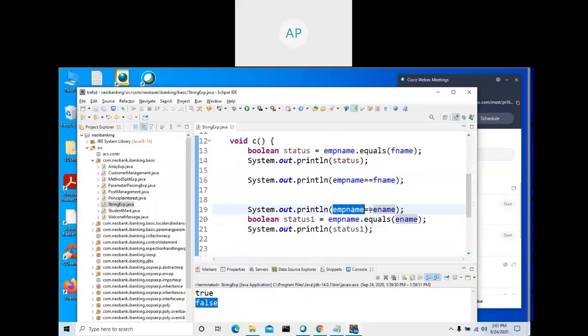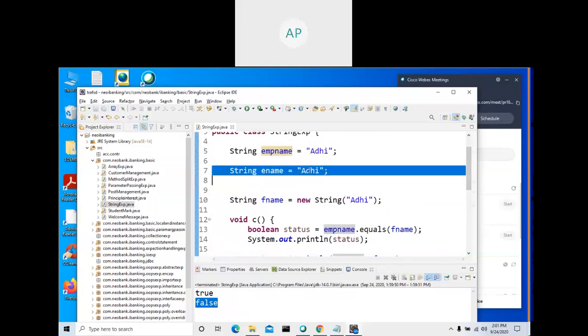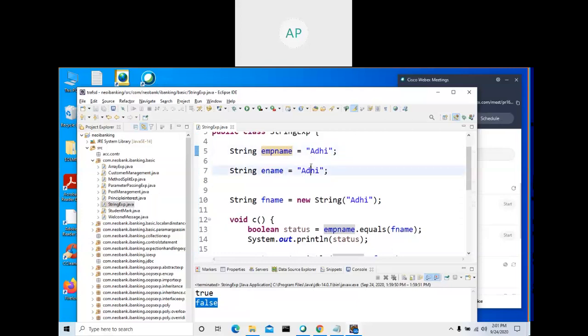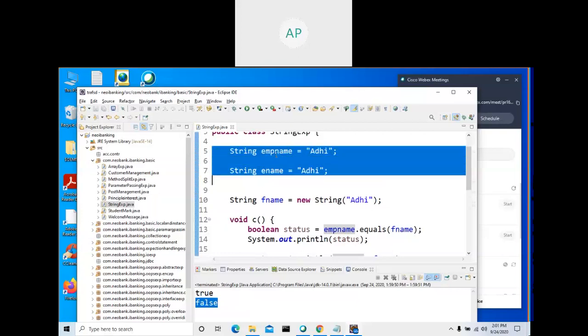Now we are checking whether this memory address and this address are the same or not. Now you will get equal. This memory is the same because when you create by using the literal way, all will be created in the string pool.